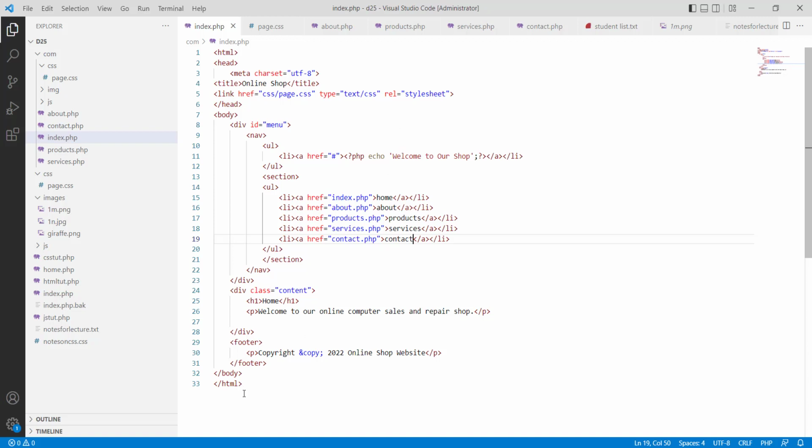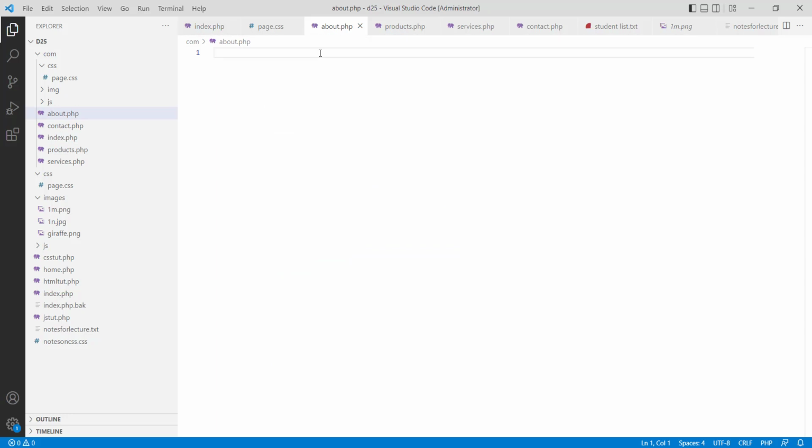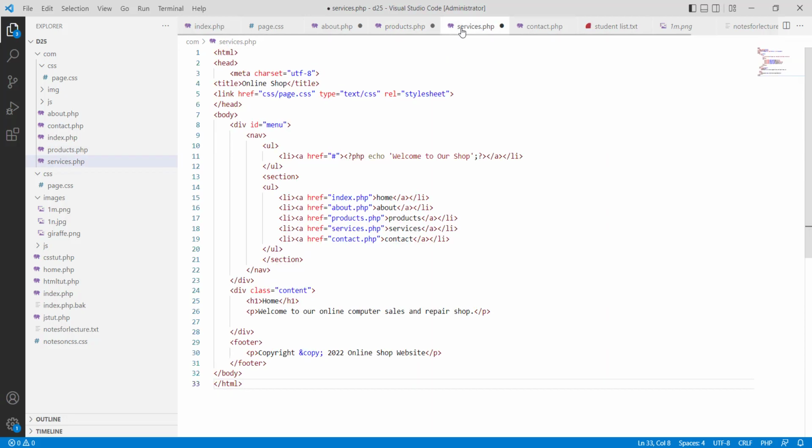So what we'd want to do now is copy everything and paste it on each of the pages, so that we have something that is uniform. And at the same time, we might need to edit each of the individual pages so that we get to see what each page does and what makes each